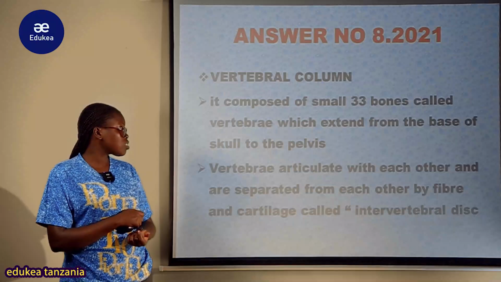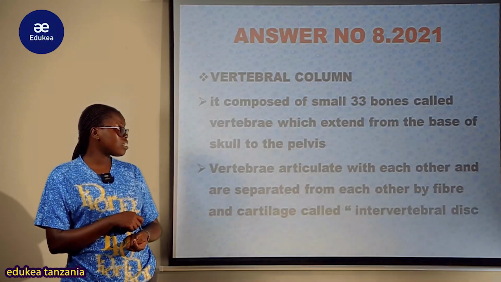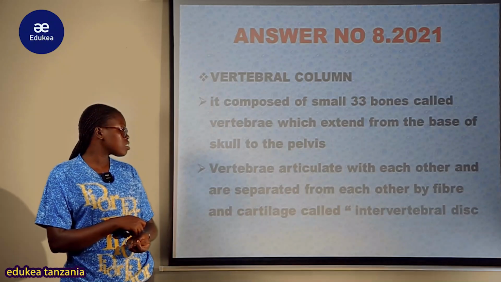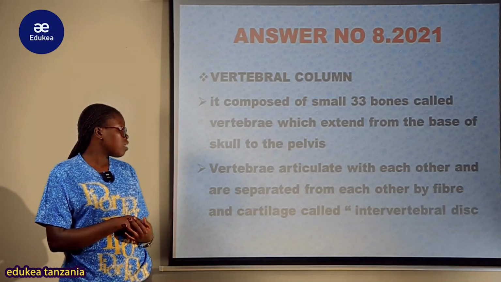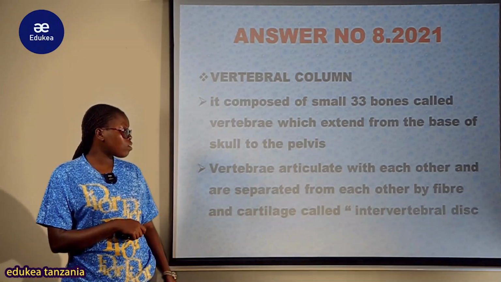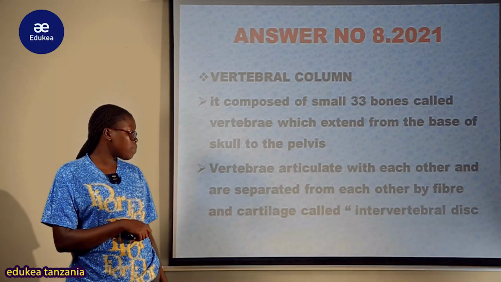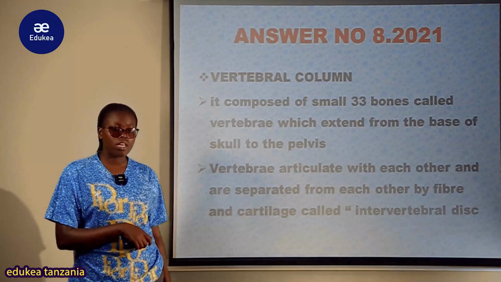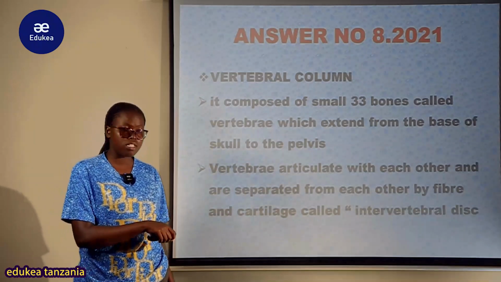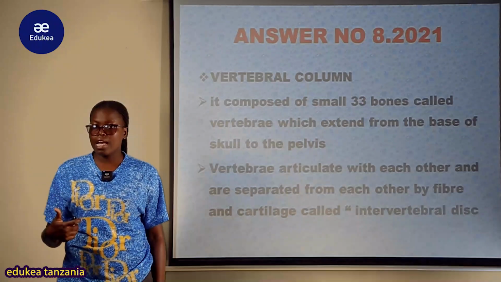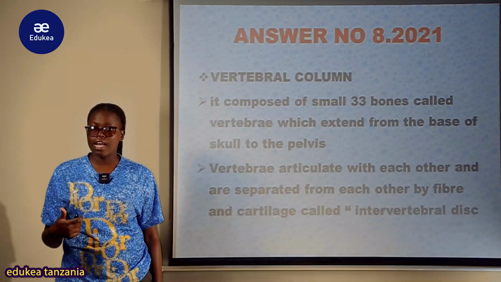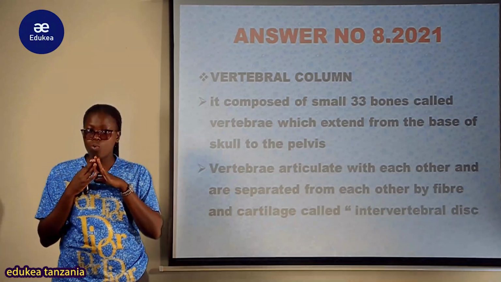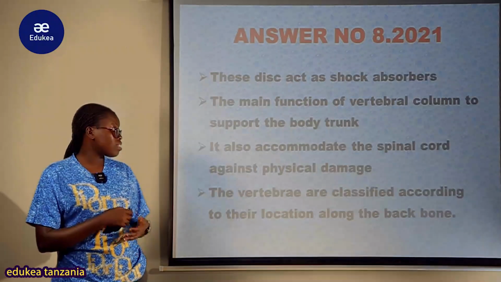So the vertebral column, it is composed of the small 33 bones called vertebrae which extend from the base of the skull to the pelvis. Vertebrae which articulate with each other and are separated from each other by the fiber and cartilage called the intervertebral disc. So the presence of this intervertebral disc inasaidia katika free mobility, vile inasaidia katika kama shock absorber kwa ajili ya prevent ule msuguano ya these bones during